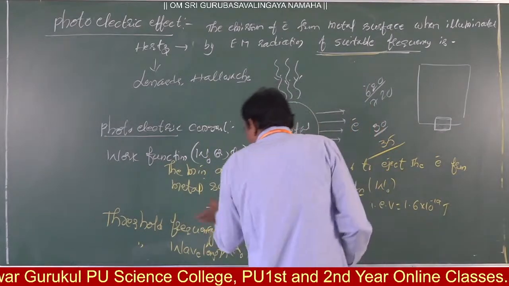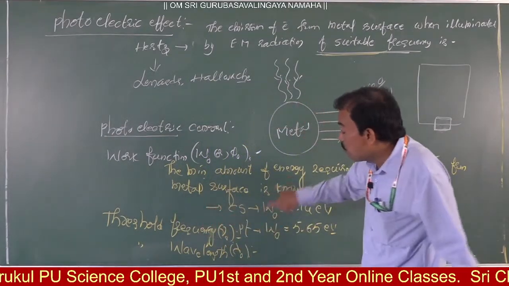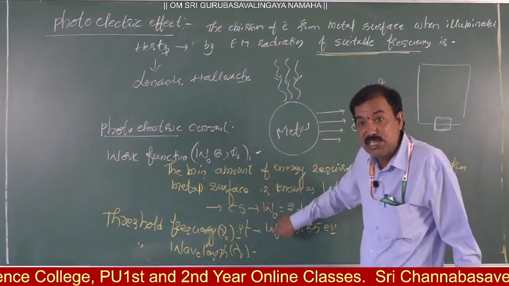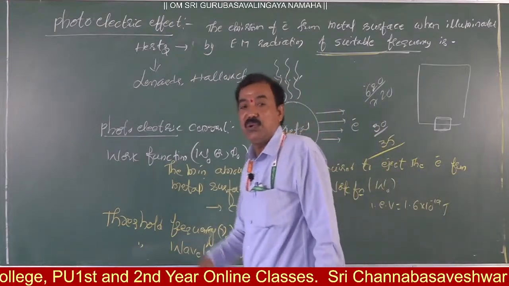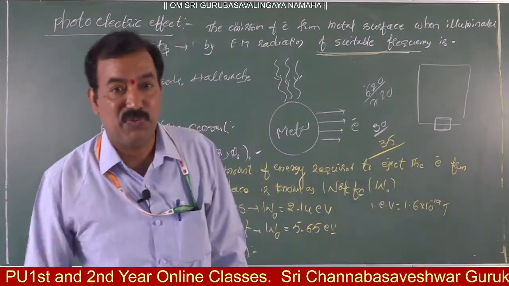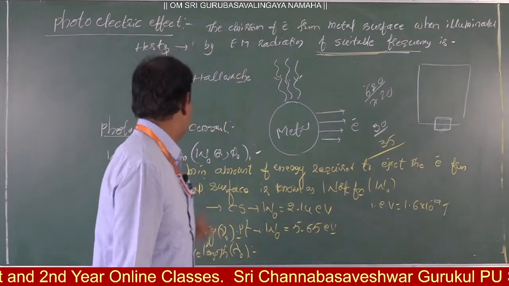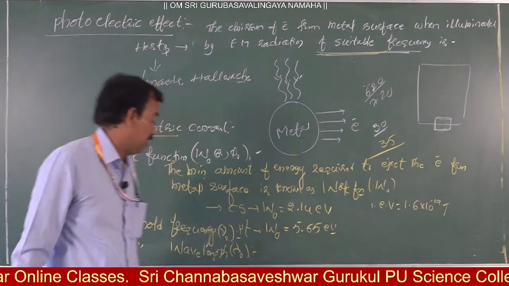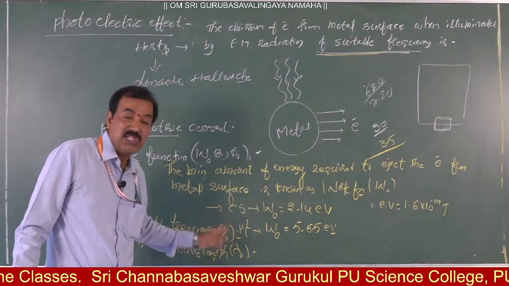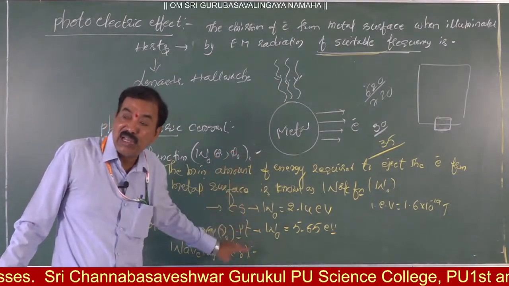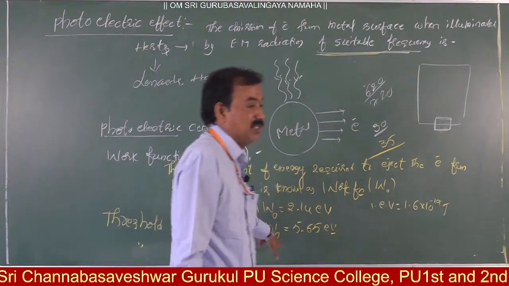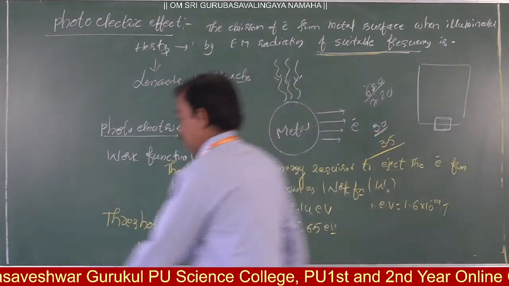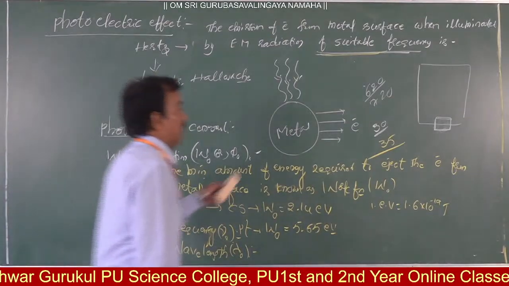Threshold frequency means the minimum frequency of incident radiation to eject the electrons from the metal surface. Threshold wavelength means the maximum wavelength of incident radiation to remove the electrons from the metal surface. So what is the equation? The equation is E, energy, is equal to